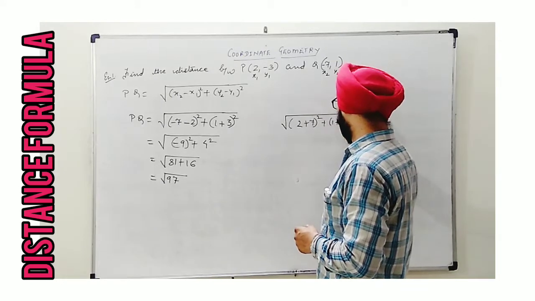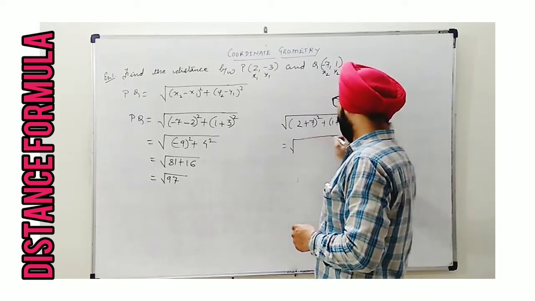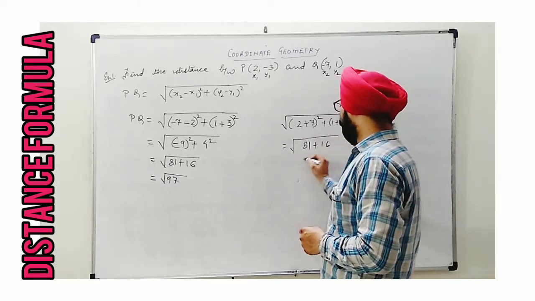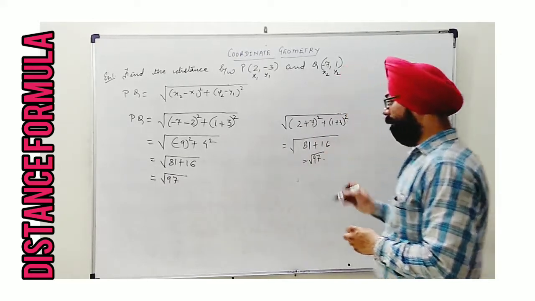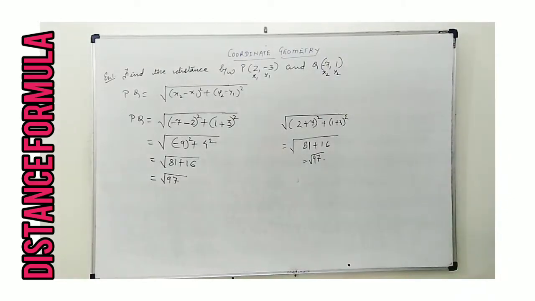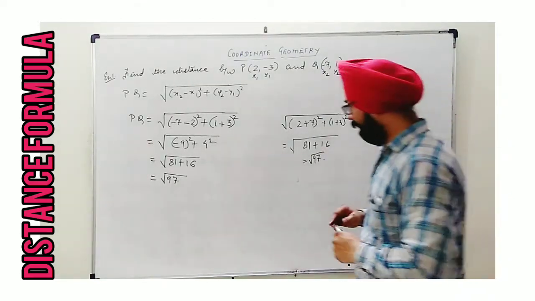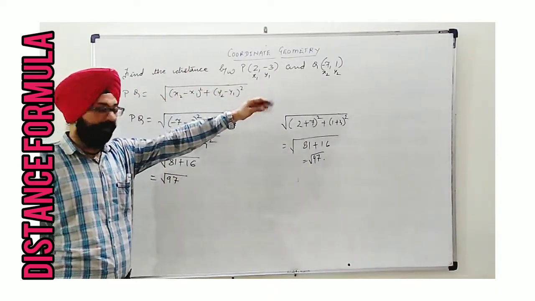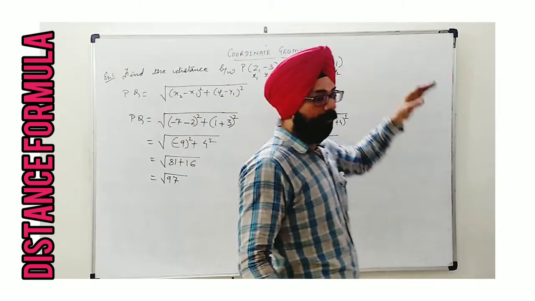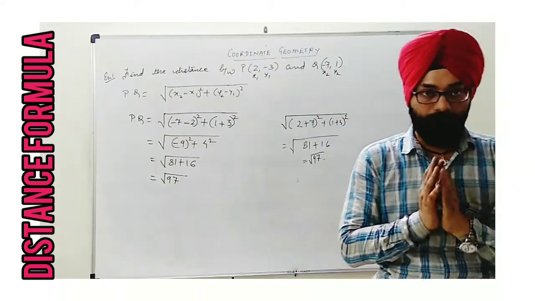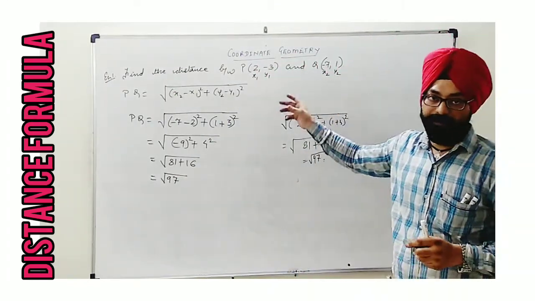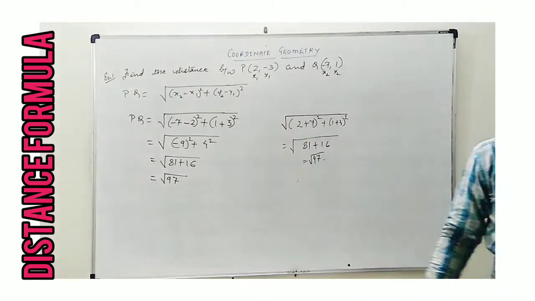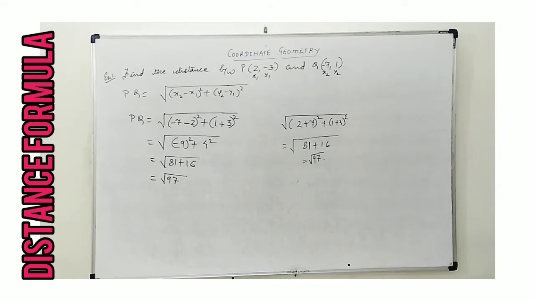1 plus 3 whole square. You will see that 2 plus 7, 9 square, 81, and 4 square 16, it remains 97. You can see the same answer we are getting. So the thing is, you have to take the difference between these two, x1 and x2, and y1 and y2. This we have to be careful of. Okay, so this is the basic equation that we find the distance between 2 points. More things are there. We will see through questions now.